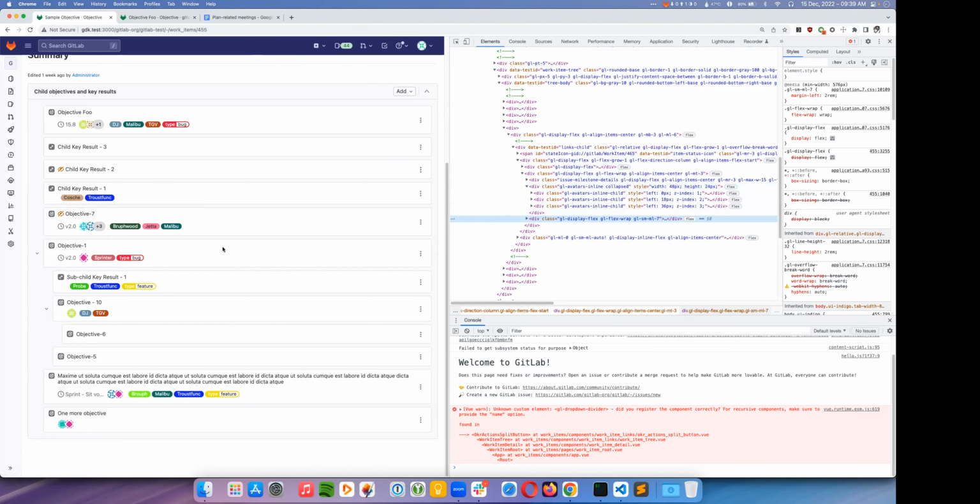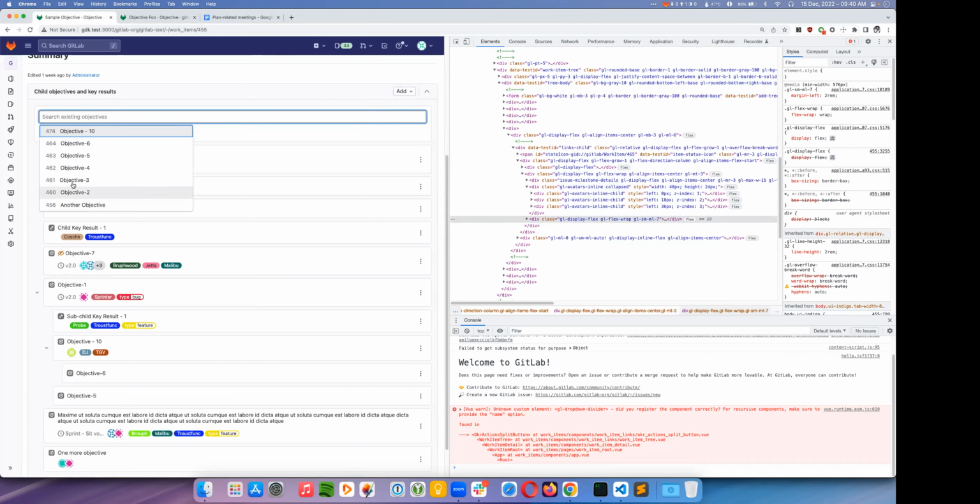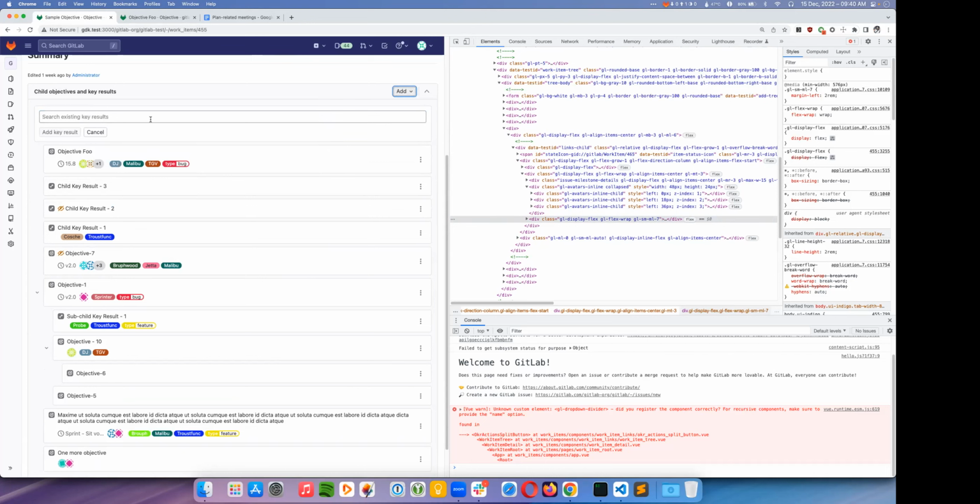Absolutely. Yep. My other question was in the add dropdown. I have it for issues as well, but I wonder about the separate new and existing buttons versus just opening, do we have an issue for that? Like just having a single field that has autocomplete or something? Yeah, we do support autocompletion. If you go to existing and the moment you click it, it will show all the objectives. Similarly, if you go to existing key results, it will show all the existing key results which are available to set. The thing is that as far as combined options within the dropdown is concerned, that's a different conversation